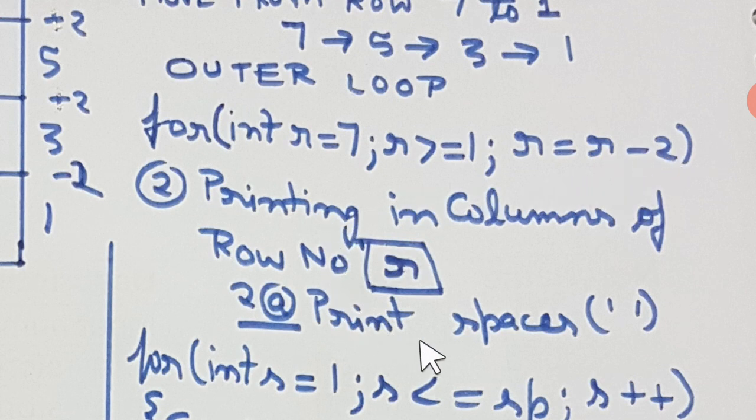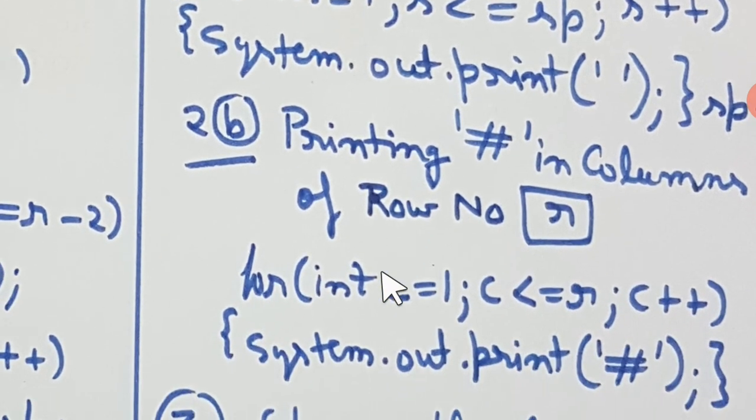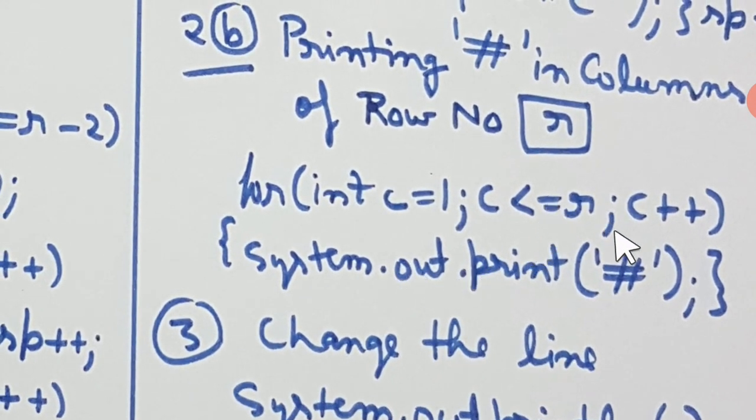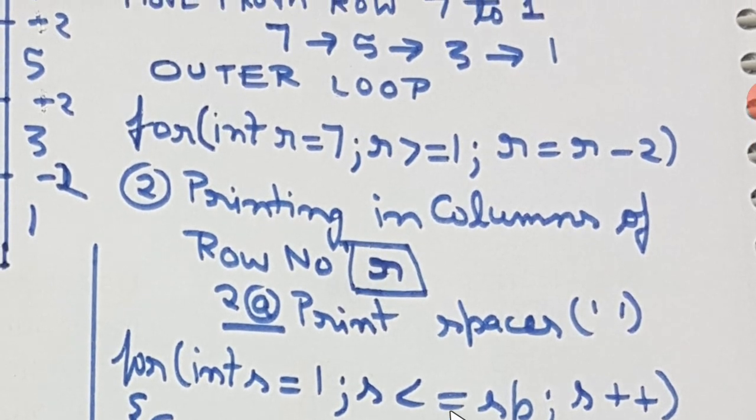So again it comes inside the loop, because that is the outer loop, and these nested loops are going to be executed again. First the space loop. This time sp will become 17, so it's going to be 1 to 17 spaces. After printing the spaces, sp is increased again, to 18. Now again hash are going to be printed. This time it's going to be 3 hash symbols in the new line. After that it changes the line again. This time r becomes 1, since 3 minus 2 is 1.